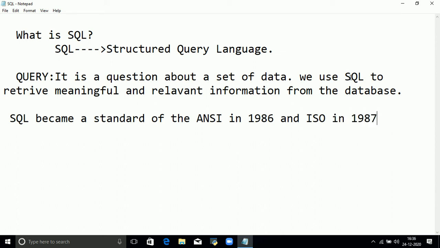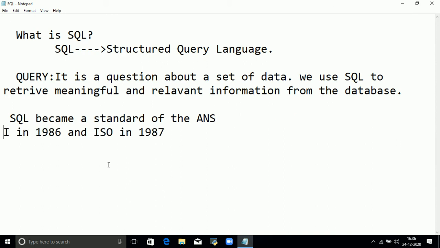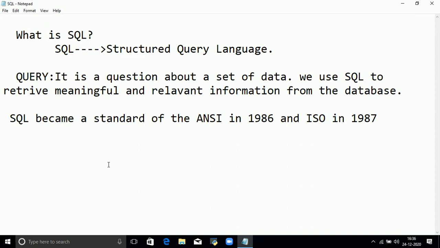ANSI is the American National Standards Institute, and ISO is the International Standards Organization. So SQL is accepted by both ANSI and ISO. So what is SQL? It is a structured query language. It is a query language.